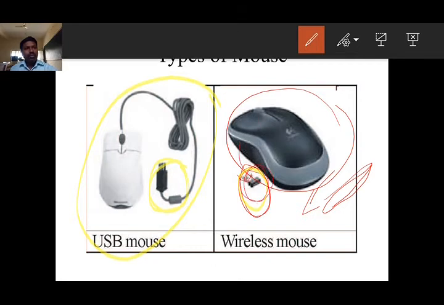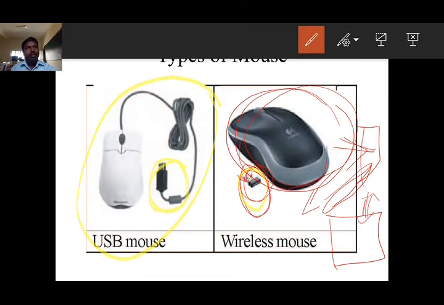The receiver is fixed in the CPU. So whenever you move the mouse, it will send the signal to the receiver. The receiver will transmit the signal to the CPU. So based on that the cursor will be controlled, understand.